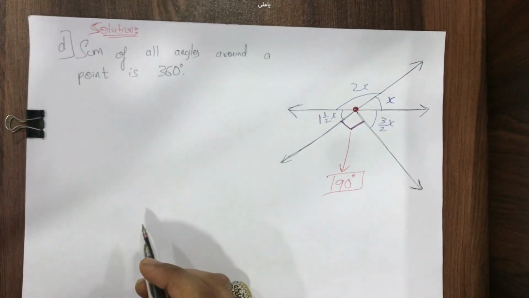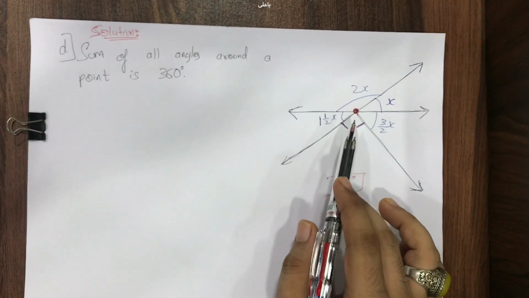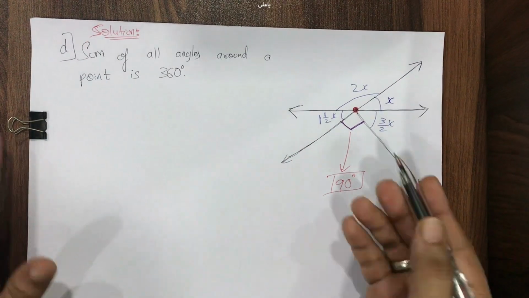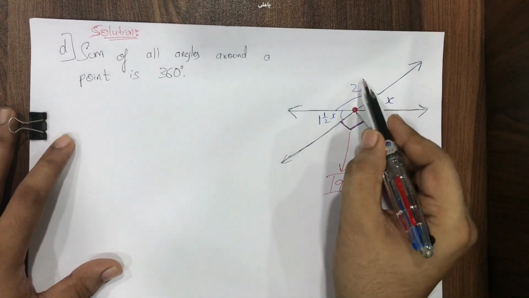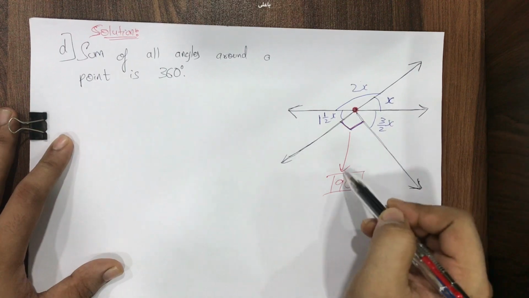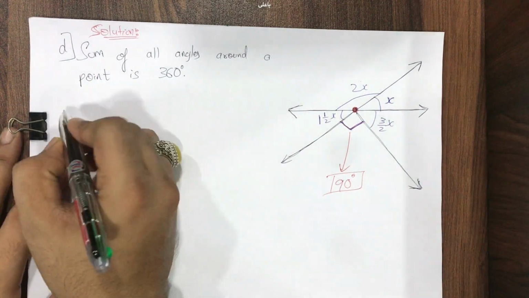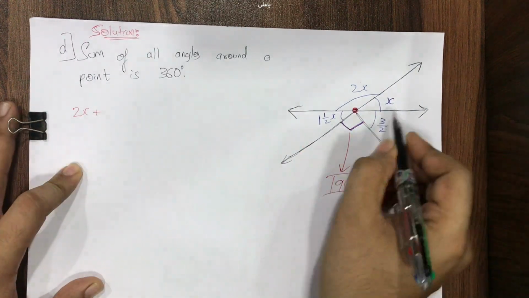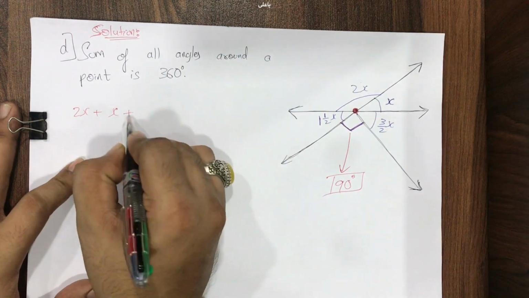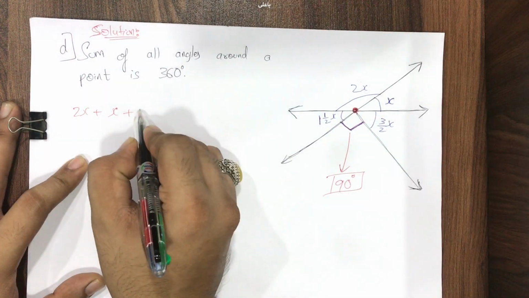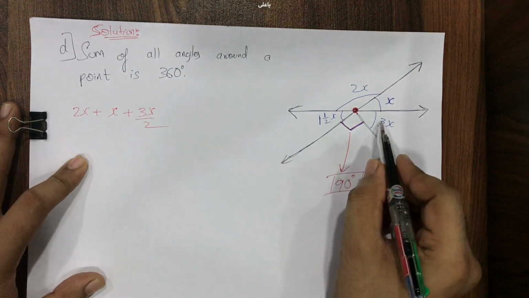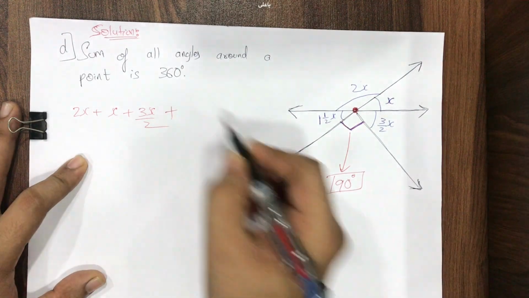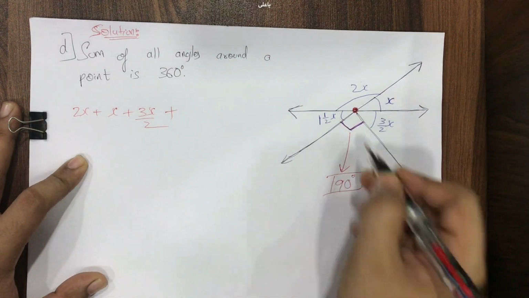So I wrote the reason over here because I have a point over here and many angles surrounding it. So sum of all the angles around a point is 360 degree. How many angles do we have? Let's just count first. 1 2 3 4 and 5. I'm starting with 2x. Let's start. All of you, please do it with me. Don't wait for me. 2x plus this is x plus this is 3 upon 2x. So I'll write 3x upon 2. Understand please, it's 3 upon 2x, so I can just multiply this 3 with x. So it's 3x upon 2 plus this 90, which was not mentioned, the box was mentioned, that means it's 90 degree.